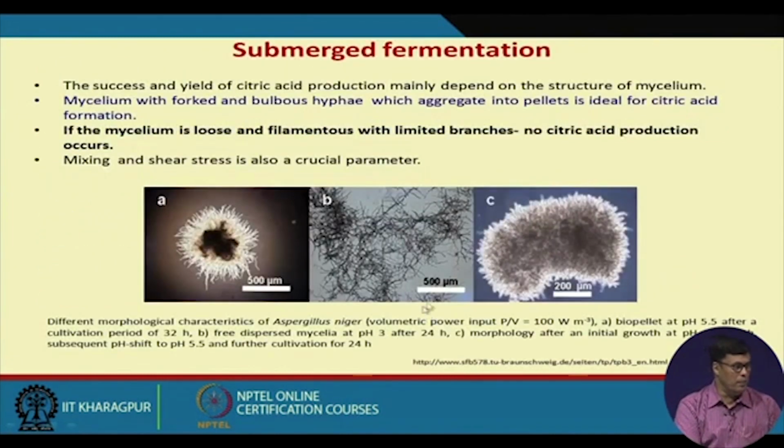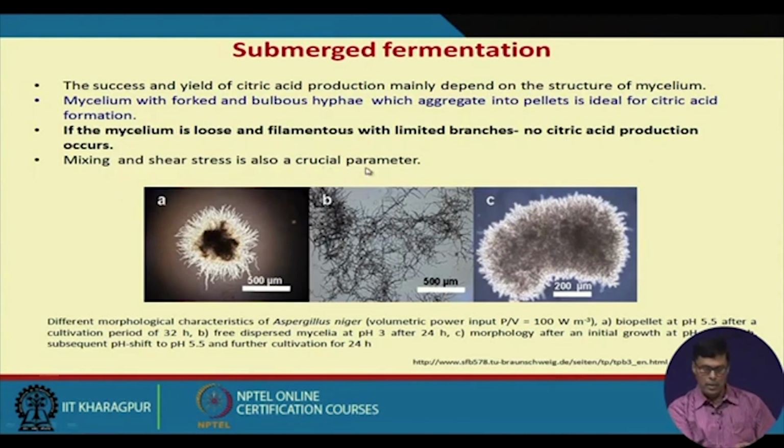Here there are some important aspects of the morphology of the cells: the success and yield of citric acid production mainly depend on the structure of the mycelia. Mycelia with forked and bulbous hyphae which aggregate into pellets are ideal for citric acid formation. If the mycelia are loose and filamentous with limited branching, no citric acid production takes place. So the mixing and shear stress is also